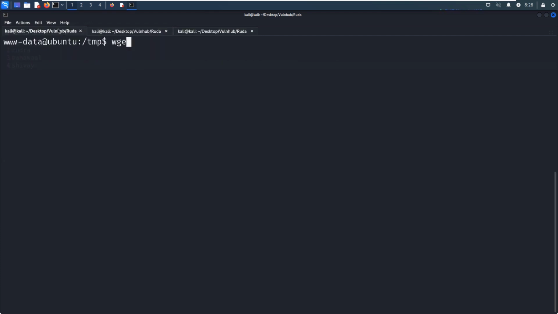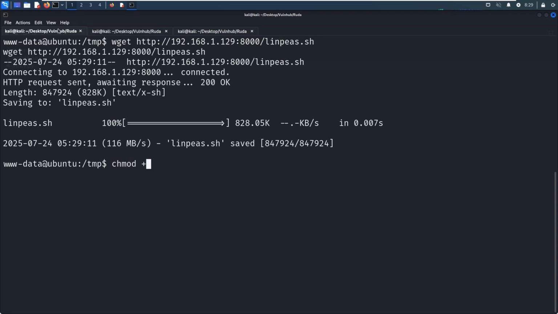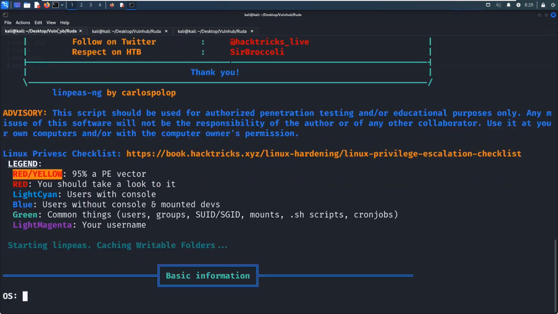Next, we can use wget to upload the linpeas script. So next, we can make it executable, and then we can run it to see what we can get